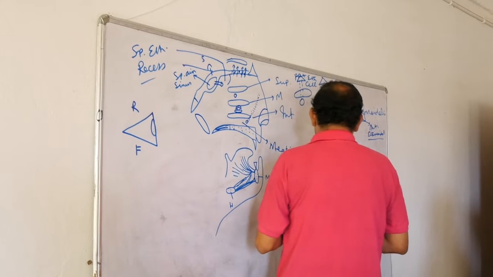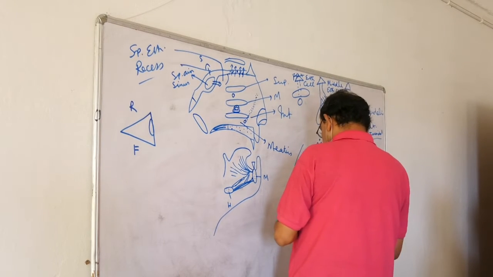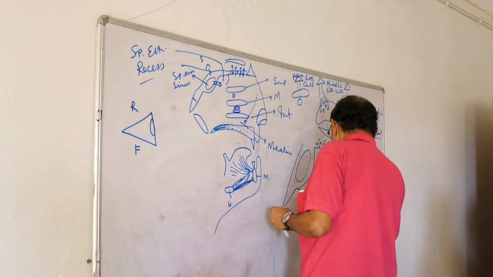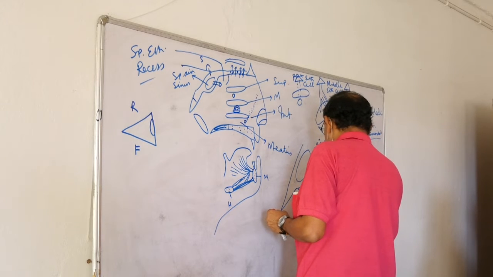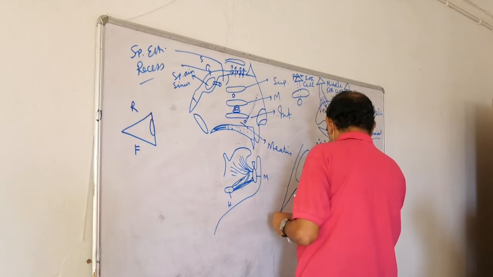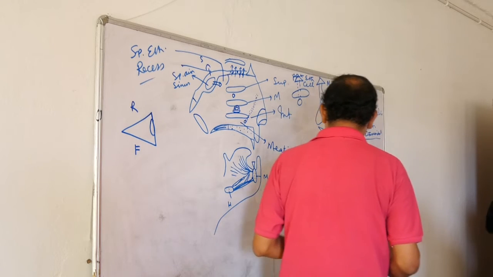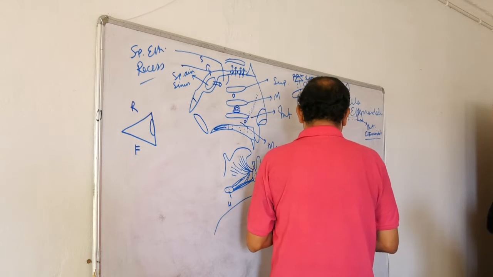From the posterior aspect, what is here? First, it is definitely over the artery, and then above that is the palate. Okay, now